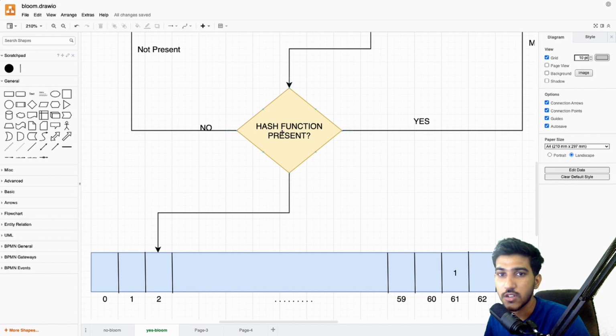Let's say you use 3 hash functions, and they give indexes back as 0, 1 and 2. We turn each of those from 0 to 1, or if it is 1 already, we keep it as 1. So the final result is that these three indices contain the value 1.